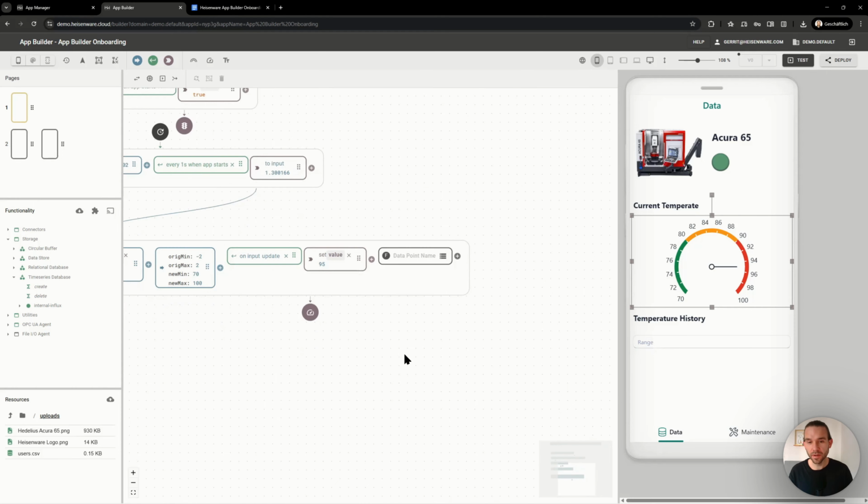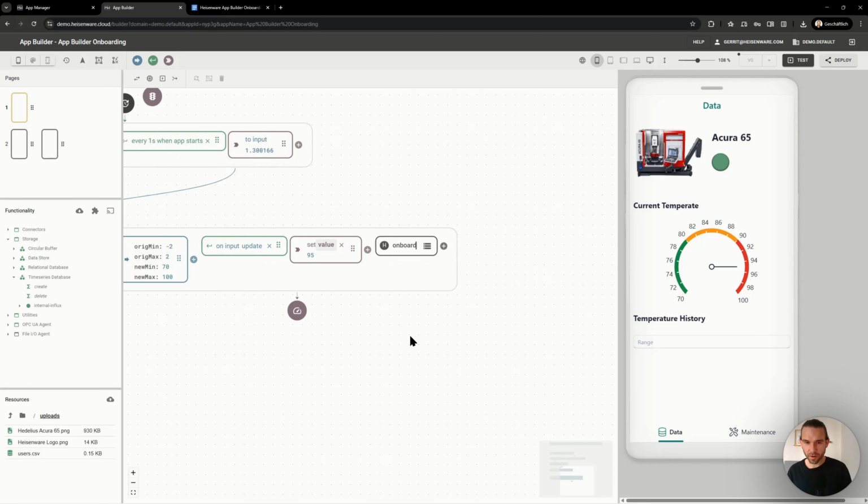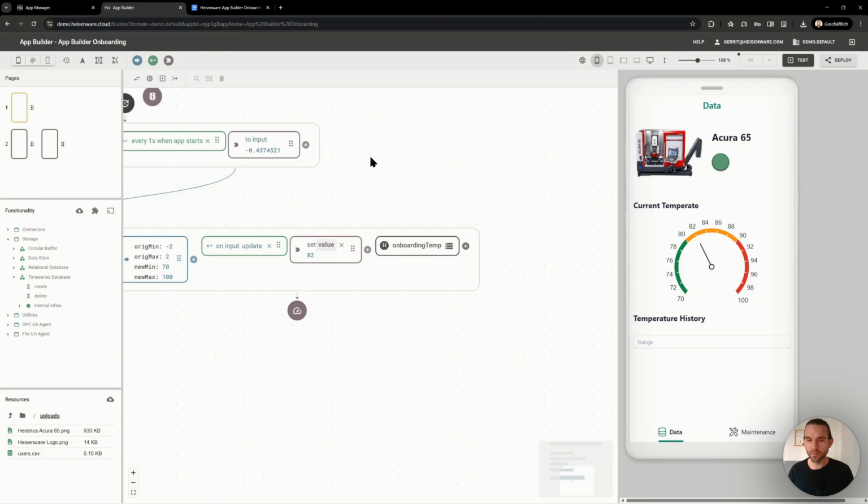And the recorder has two configurations. One is the retention policy. So you do a right click on the F and you pick, for example, 1 hour. So we're going to record data for 1 hour, and then we're going to overwrite it again. And we're going to call it onboarding temp. That's the name of our measurement. And when we go now into test mode, we're already recording the data. So that's a big step that we've reached now, and we can move on with the next chapter in our